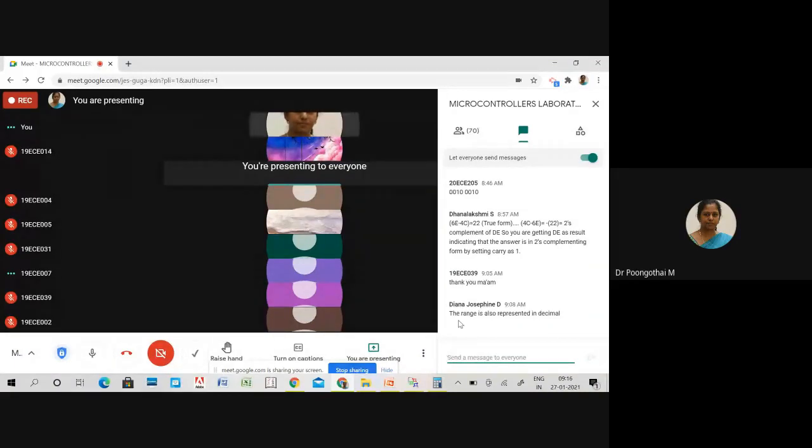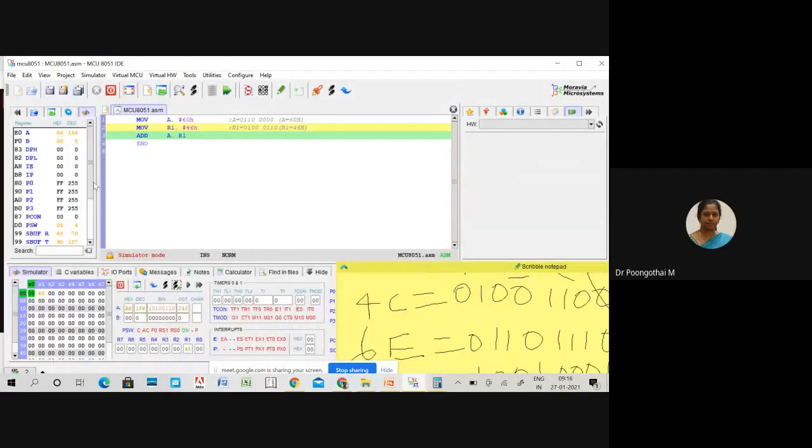Since R1 is an internal register, we are not able to see it in that special function register column. Here, I think it is not included. You have to check the results here. This is for only bank 0. Suppose you are using bank 1 or bank 2, you have to check the second row, third row and fourth row like that. Here from X0 to X7, this X0 is nothing but your R0, X1 is nothing but your R1. Likewise, the register contents are arranged from 00 to 07.